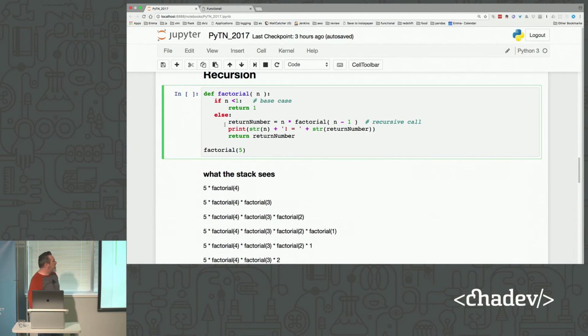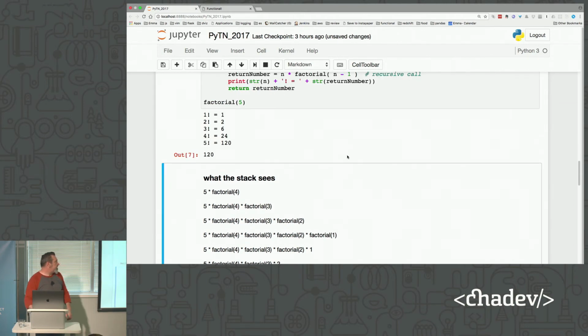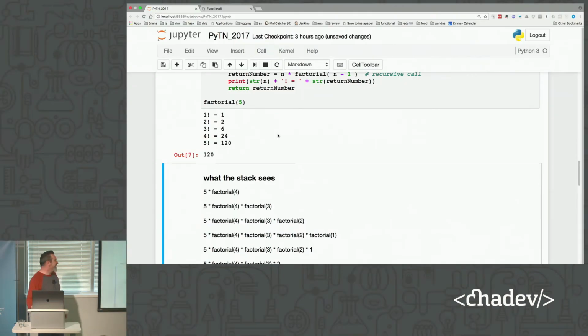As you can see here, the method is called factorial. This is sort of a standard way of doing it, where you call factorial on itself. You start off with n, then you call it back with n minus 1. You multiply n times the new factorial of n minus 1. You print it all out. You start off with factorial 5. You run it, and this is what prints out. All right, this is it. That was what you got. There we go. Okay.